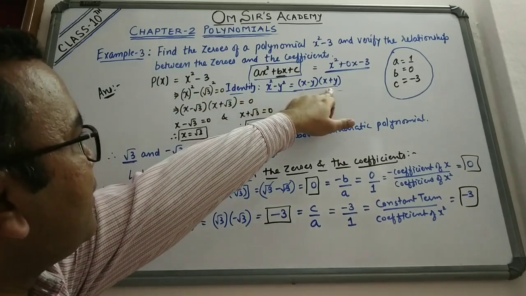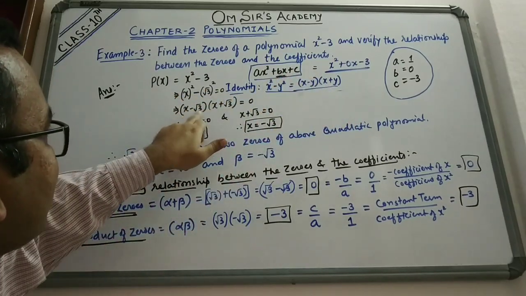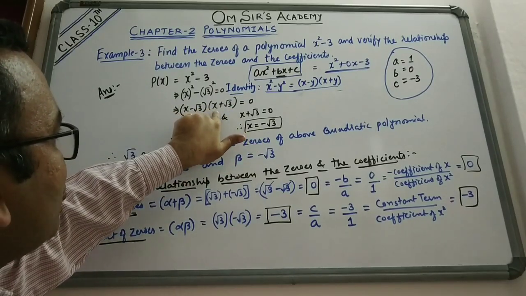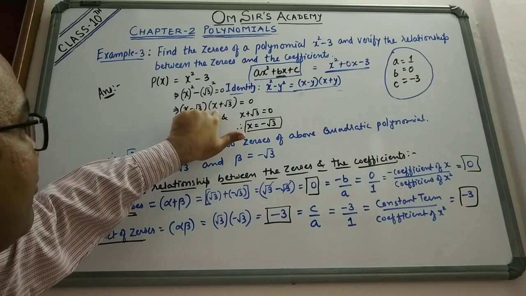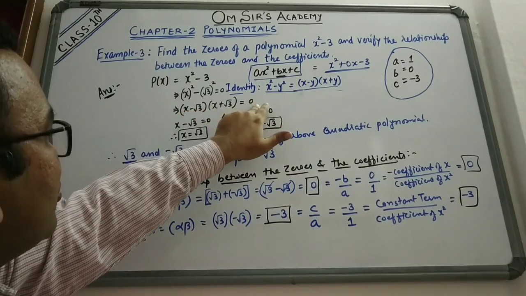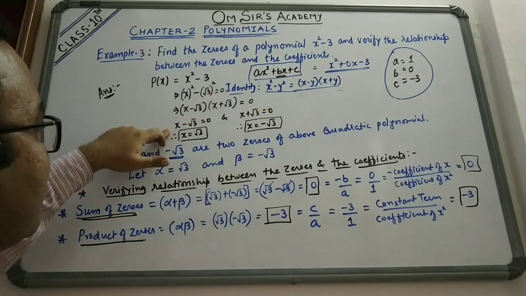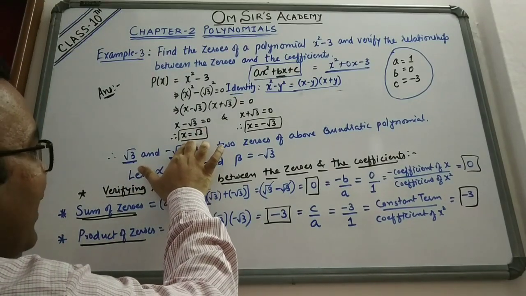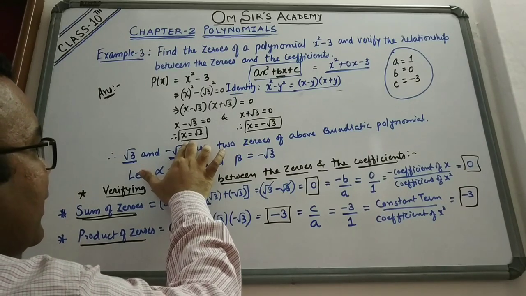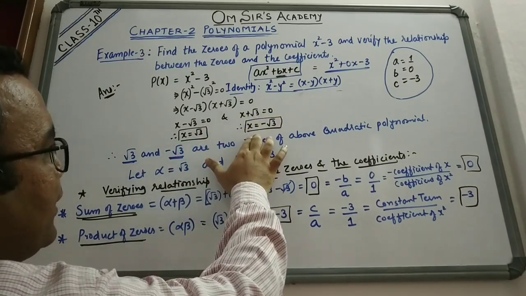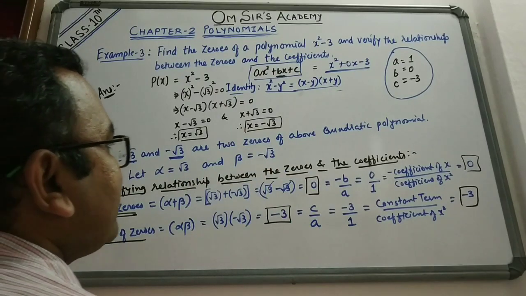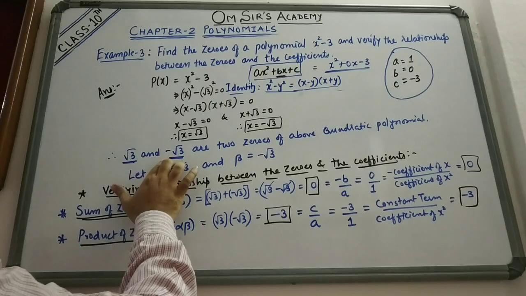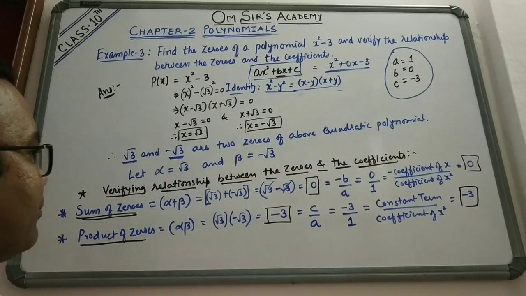that is equal to x minus y and x plus y, that is equal to what? X minus root 3 and x plus root 3. तो ये दो जो आए, these two were the factors. So when I put equal to 0, then I get the values of zeros of a polynomial. So x minus root 3 equals to 0 किया मैंने, तो मेरे को x की वैल्यू मिली root 3. ओके, एंड x प्लस रूट 3 किया मैंने, तो मेरे को x की वैल्यू मिली माइनस रूट 3. तो these are the two zeros of a quadratic polynomial. Root 3 and minus root 3 are the two zeros of a quadratic polynomial.